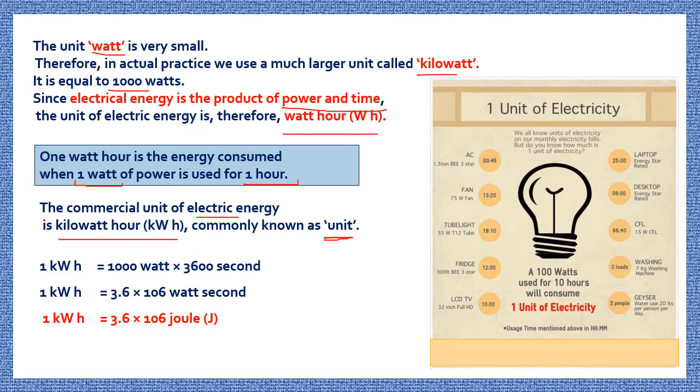Okay. So 1 kilowatt hour is equal to 1 kilowatt, convert it to watt, 1000 watt, and hour in second, 3600 second. So 1 kilowatt hour is equal to 3.6 into 10 to the power 6 watt second. Okay, so 1 kilowatt hour is equal to 3.6 into 10 to the power 6 watt second or joule. This equation is very important, and many times it is asked in your exam in 1 mark. 1 kilowatt hour is equal to 3.6 into 10 to the power 6 joule.